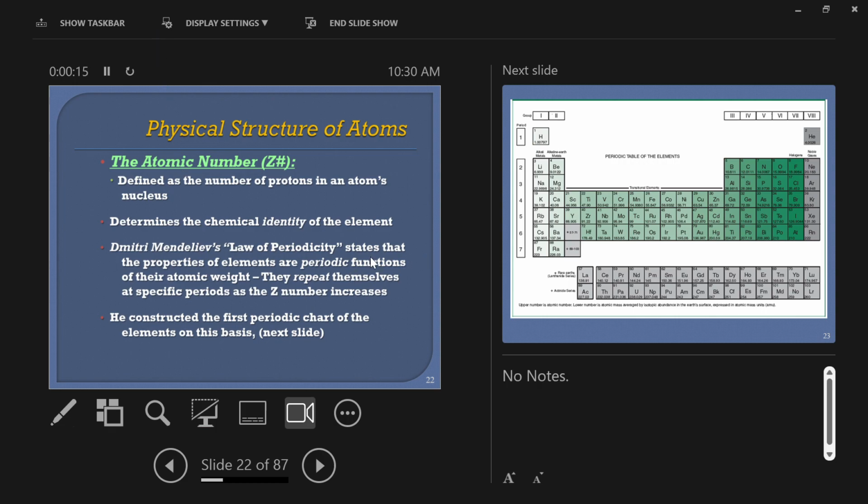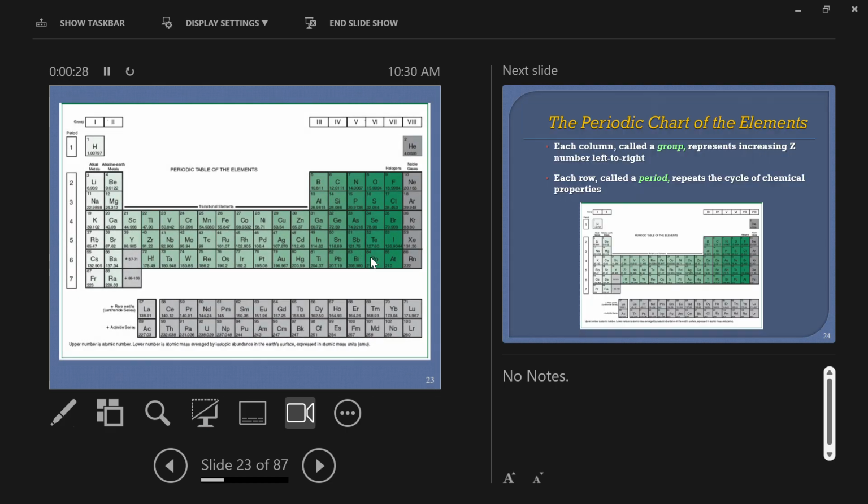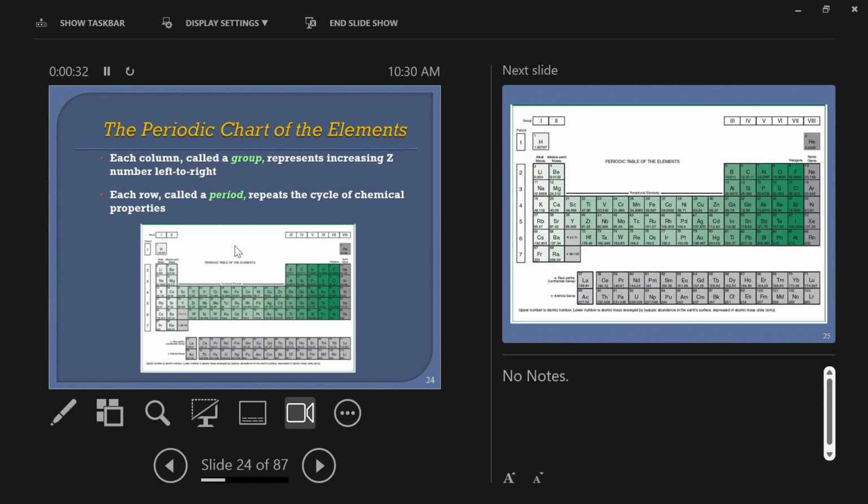All right, so we learned that Dmitri Mendeleev is responsible for these laws of periodicity, and we learned that he was the first one to make a thing called the periodic table of elements. So here it is, and you have it in front of you. So let me just bring up the next slide. The way this works is if you look across the very top row,